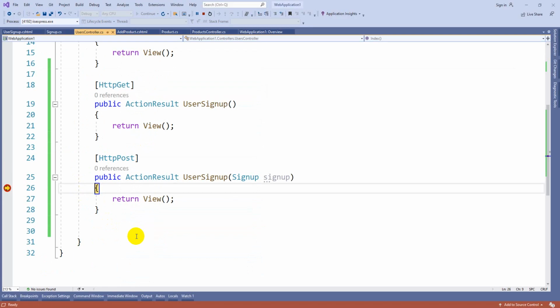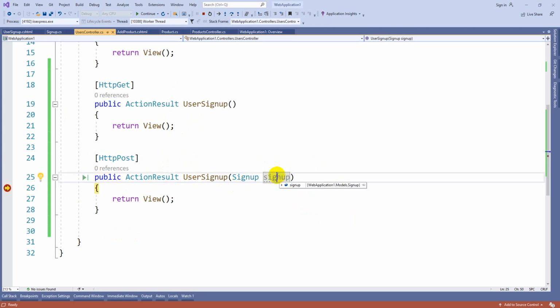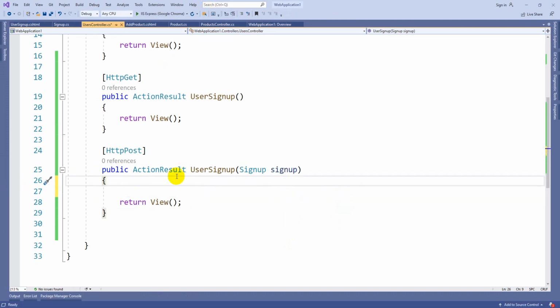If you click on this create, the data will get submitted to the same action method which is of the HTTP post protocol. Now if you take the mouse on this particular SignUp input, you can see all the properties will be there. Okay, so you have the data. Now you know how to insert data to a database, either by using ADO.NET, or by using code first, DB first, model first, any of the approaches from Entity Framework. So you have the data ready, you can save it to the database, and that logic you can write here. So this is how you can perform database insertion by using this MVC.